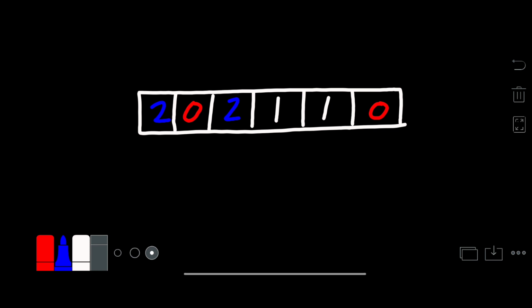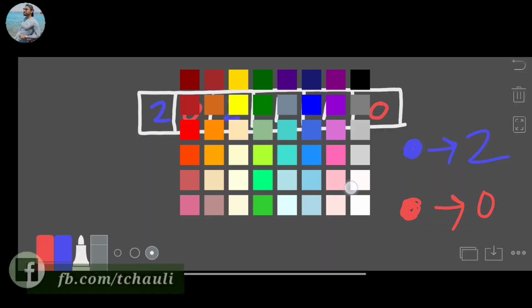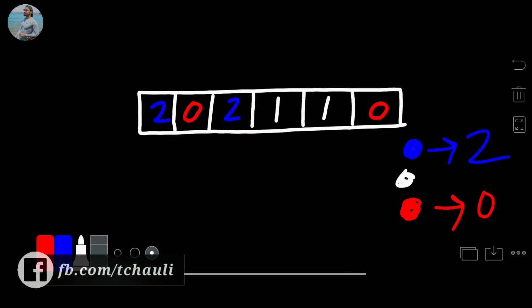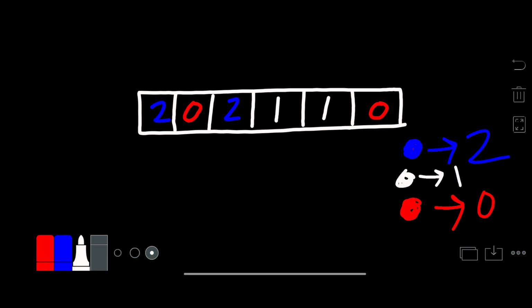We have to solve this problem using O(1) space complexity. First I will take the 3 colors with their values: blue, whose value is 2, red, whose value is 0, and white, whose value is 1.